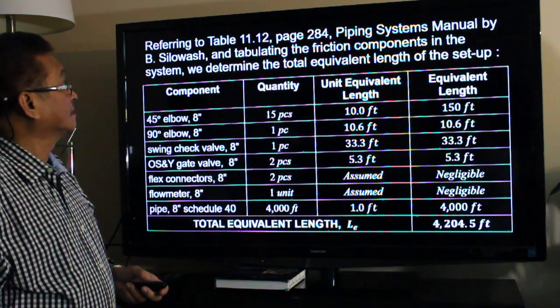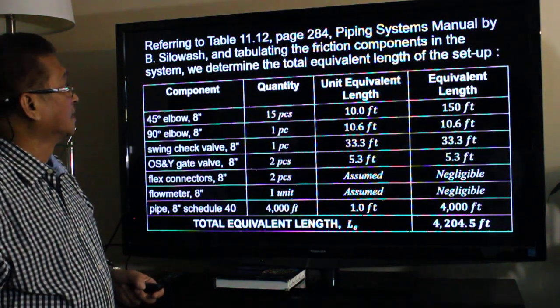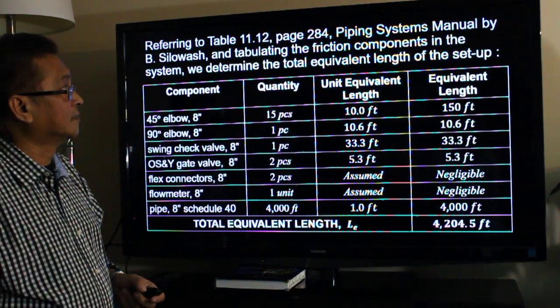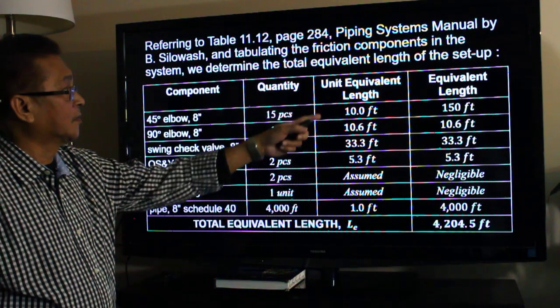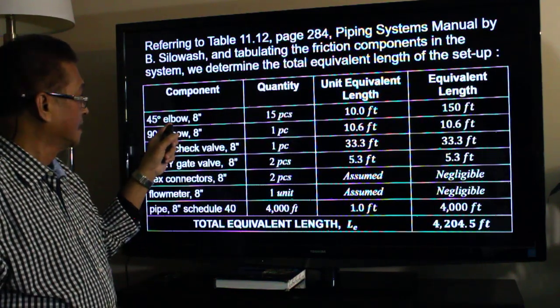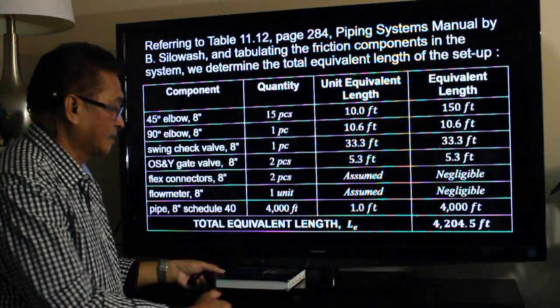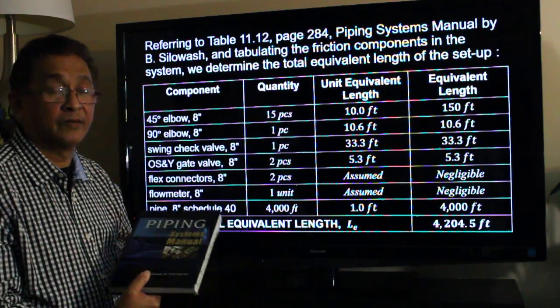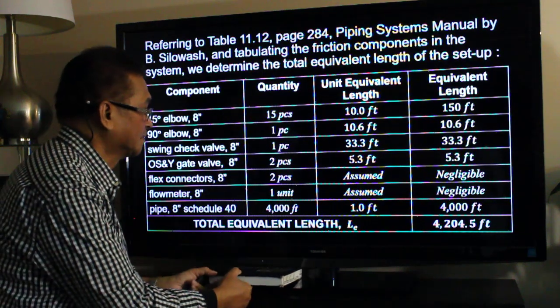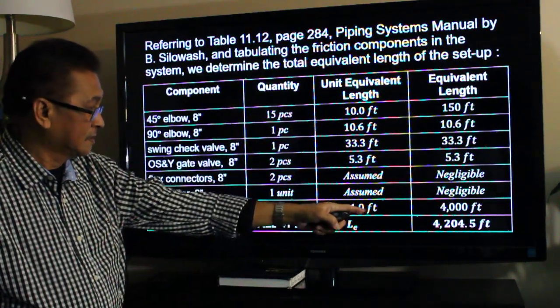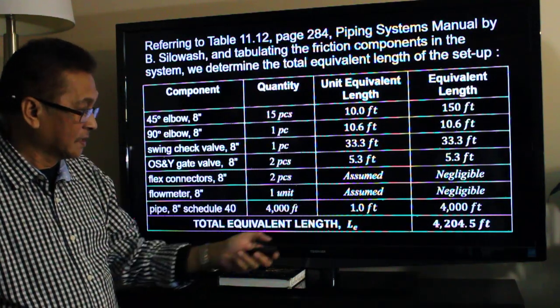So we tabulate all the friction components in the system and determine the total equivalent length of the setup. The unit equivalent length, for instance, for a 45-degree elbow will be 10 feet for one elbow. It is located in Table 11.12 of the Piping Systems Manual. And we total this, and the total will be the total equivalent length, which is